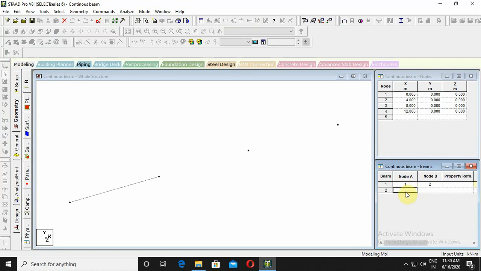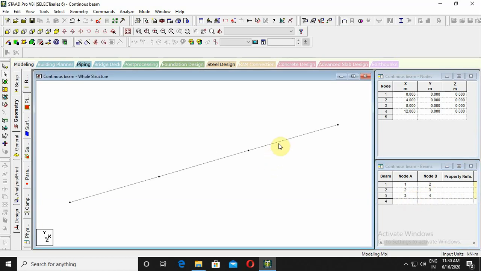Similarly, for the second span of the continuous beam, the first point is 2 and the last point is 3. And for the third span, the first point is 3 and the second point is 4. Click on enter, and now the beam has been created.